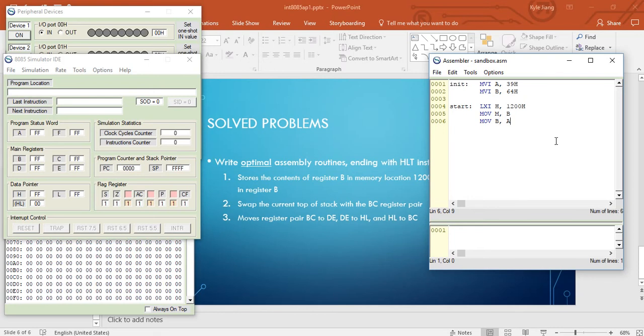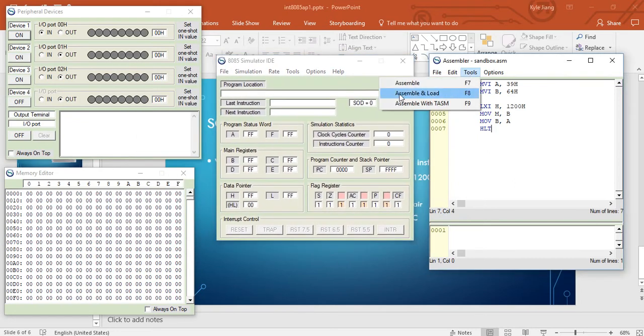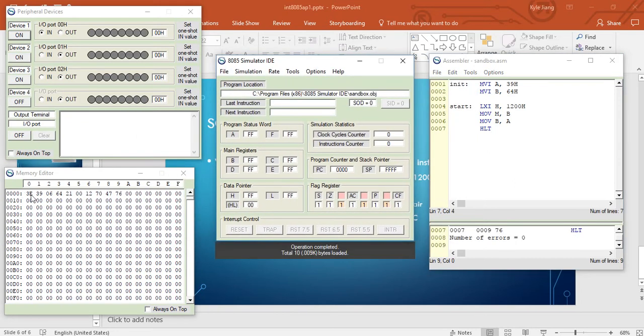After that, we are done and we don't need to do anything more, so we halt the program. Alright, so now I'm going to assemble and load here so that you can see it in the memory. And I want you to notice that the initialization took up 4 bytes, so our program in actuality is only 6 bytes in size. That is a very, very small program. Of course, it doesn't do that much, but it's